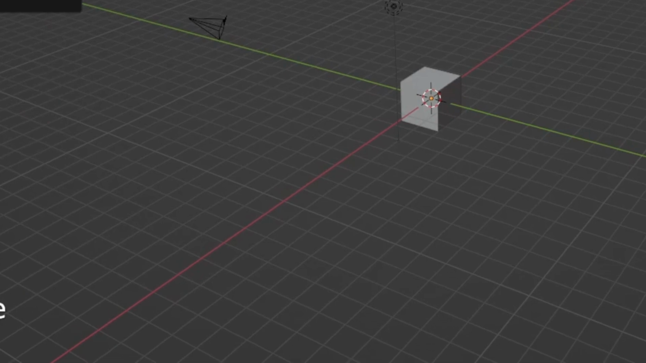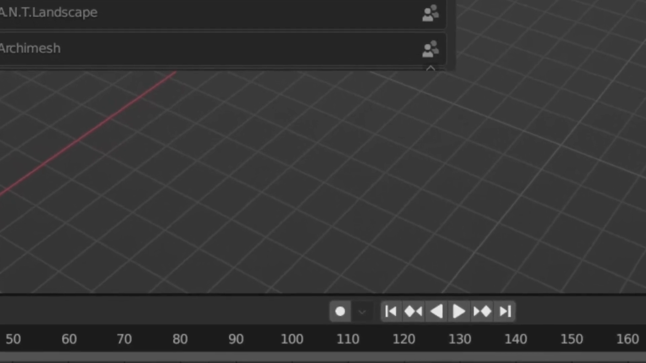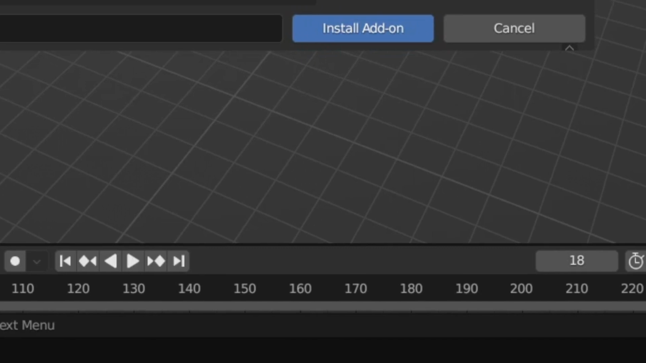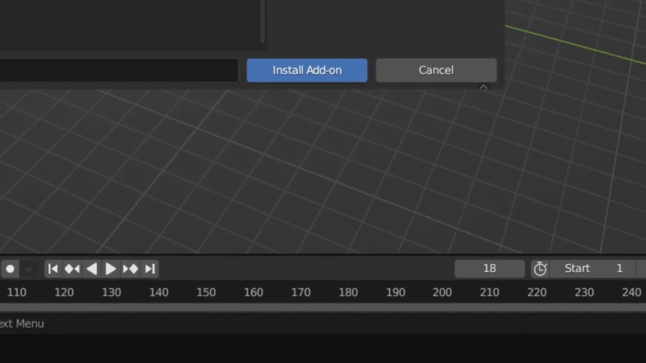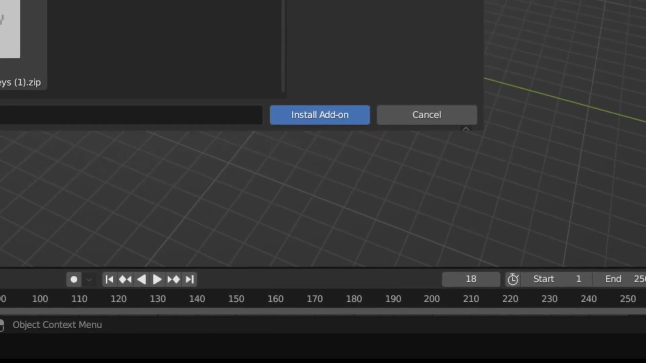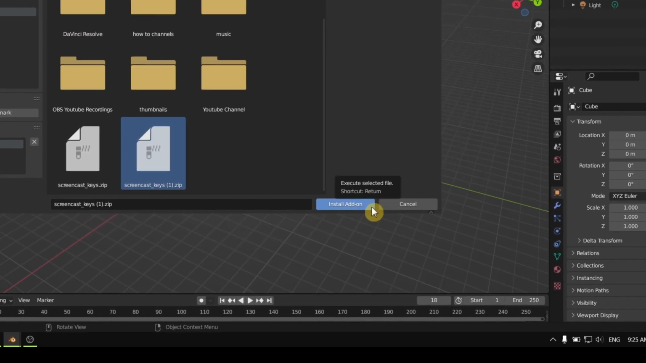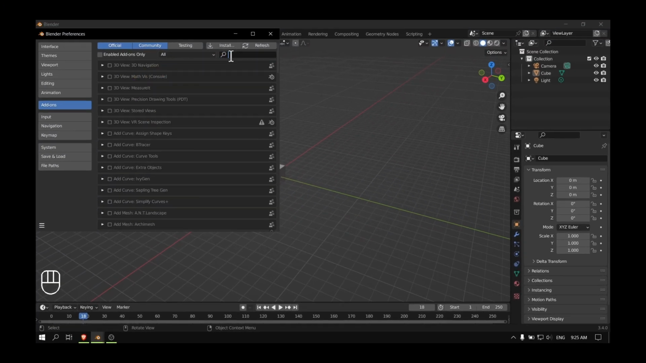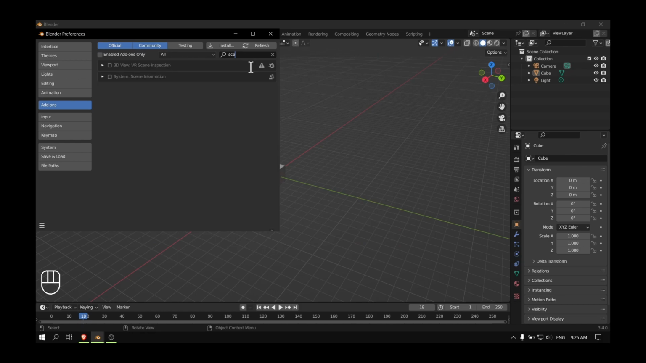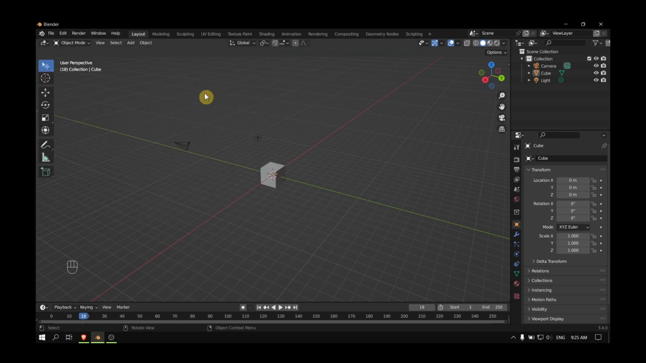go to Edit, Preferences, and here click on Install, and here go to Desktop or where you saved the zip file and select the zip file, and then click on Install Add-on. Now here you should see Screencast keys. Please enable, and then after you enable it, what you have to do is just to click on X